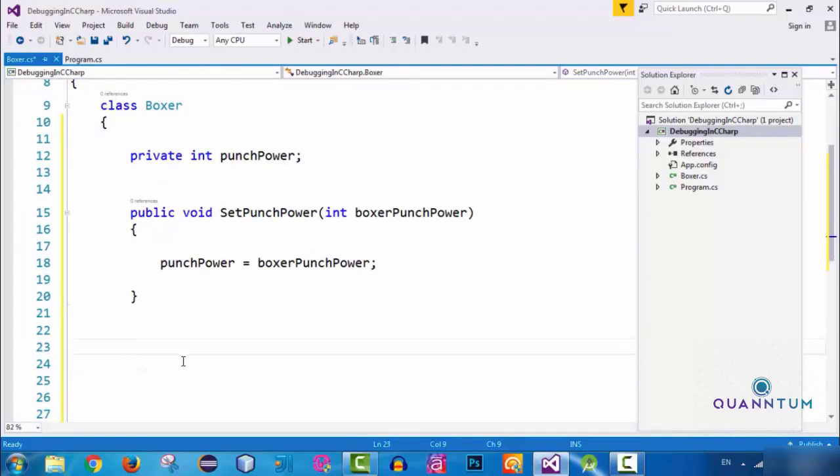So now let's create a getter for this instance variable so that other classes can access the value of our punchPower instance variable. And now you may ask, okay, so is it possible to only create a setter, not a getter? Yes, it is possible. Or is it possible to just create a getter, not a setter? Yes, it is also possible. And that's why it is recommended to use getters and setters in order to allow other classes to manipulate the value of your instance variables. In that way, you have control over your instance variables. But if you allow other classes to access your instance variables directly, in that case, you don't have the control. Okay, they can do whatever they want with your